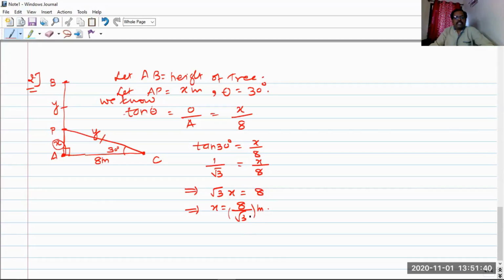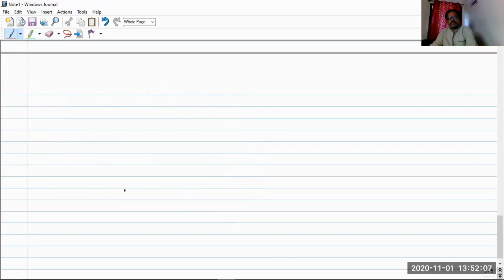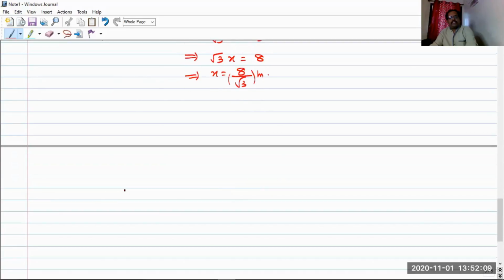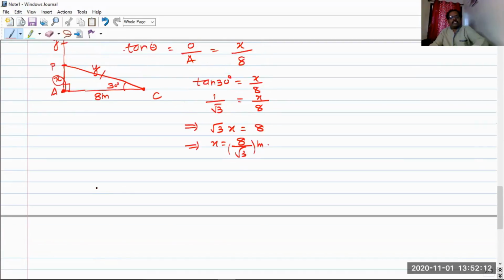So now what do we need to find? I need to find y. Finding y is nothing but finding the hypotenuse of the triangle. Can you find the hypotenuse by using a trigonometric ratio? Which is the ratio in terms of the adjacent side and hypotenuse? It is cos theta. Or, as we know the value of x, the opposite side is also known, so we can use any trigonometric ratio. I will use cos theta here, because using the given value we can find y.